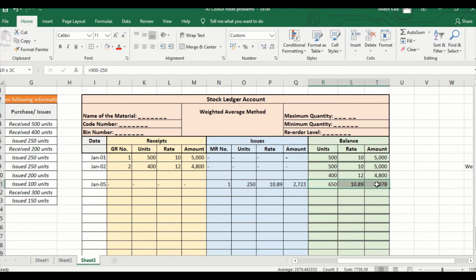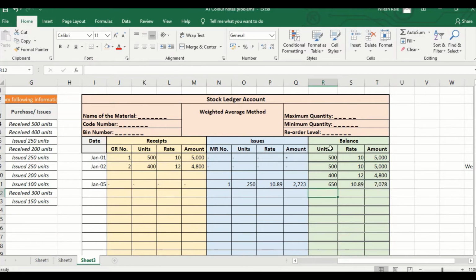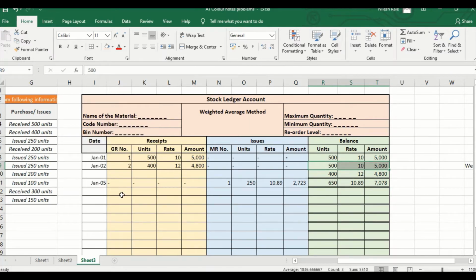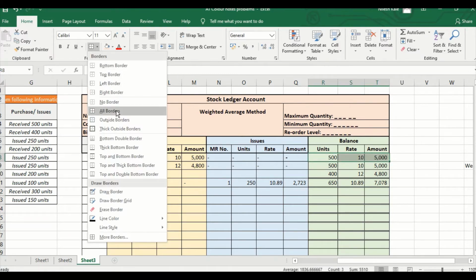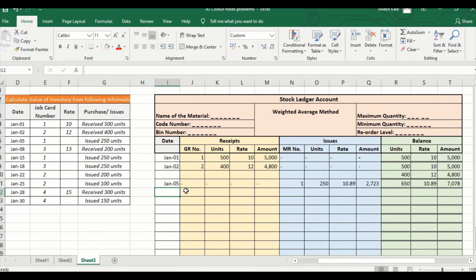Now this date is over. This is finished. Now every day, whenever you are completing the date, you have to put a double bar at the bottom. So I will use that. Here the double bar was not required. It was automatically taken when I copied it. Therefore, I will use all borders here. This double bar is applicable again. Fine. This is ready. We will go ahead. We will solve this problem.